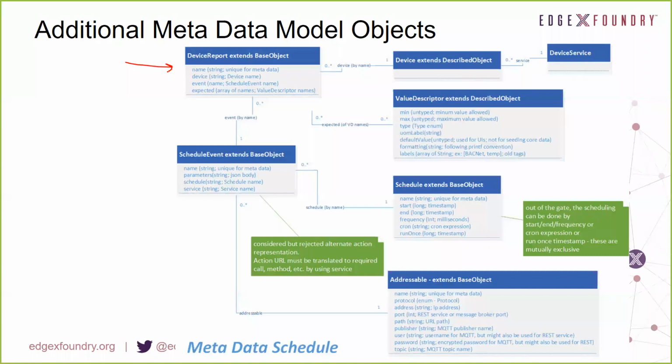A device report brings together all those, if you will, parameters. It specifies what device is going to be collected, what type of information is going to be collected from that particular device, that is the expected values, and when is that information, that is the scheduled event, is that data going to be collected. So this metadata model suggests information about the collection schedule, if you will, of the device data from devices and sensors. And that's represented in metadata so that the rest of the microservices in EdgeX get an understanding of when, where, and how often, and what should it look like when data starts coming from any type of device or sensor.